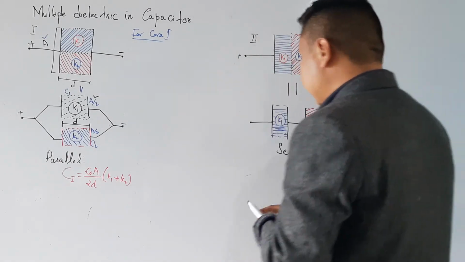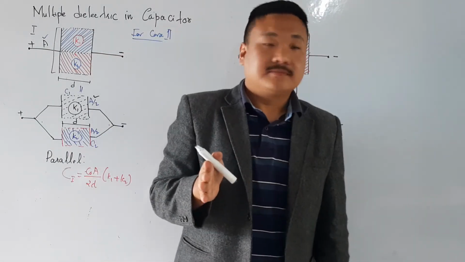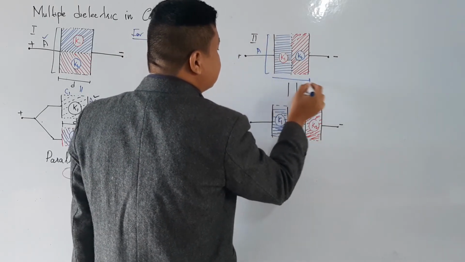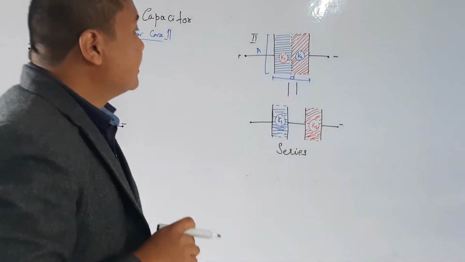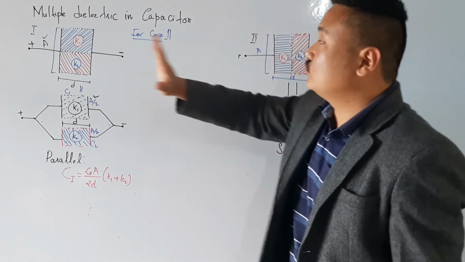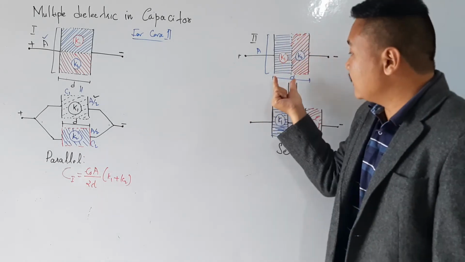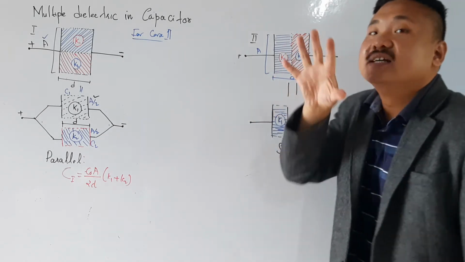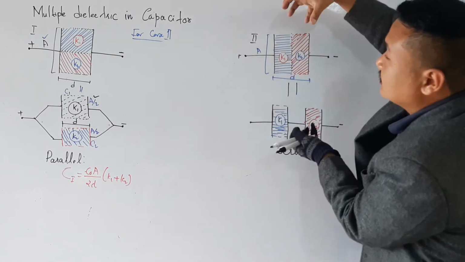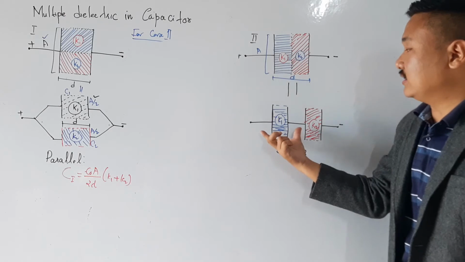Now whenever you see the second case, the plate area I will consider as my A and this distance as my D. But the multiple dielectric is in some other fashion, not like this. Here the half part is filled with K1 and the other half with K2. So I also need to separate it, but I cannot separate it like this. I have to separate it in this form. So this is equivalent to this one.